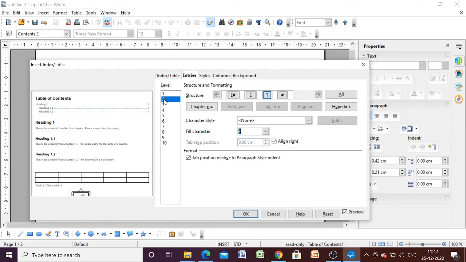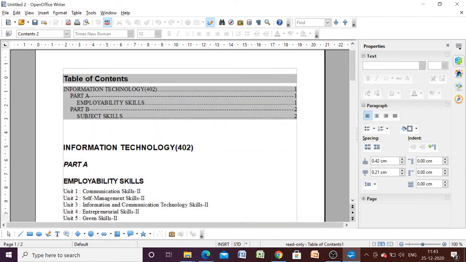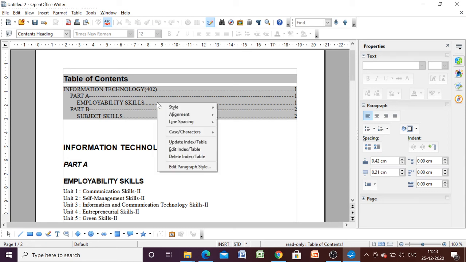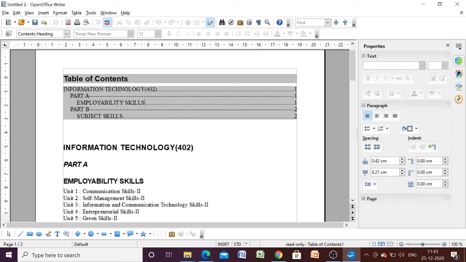At level 2, which was part A and part B, the tab positions will be replaced by dash. Let us press OK and see the changes. You can see that part A and part B tab positions have been replaced by this tab. Earlier it was dot, now it has been dash. So accordingly you can change the settings also.